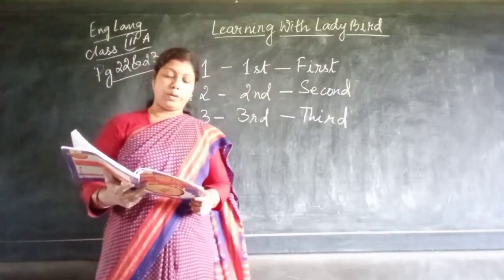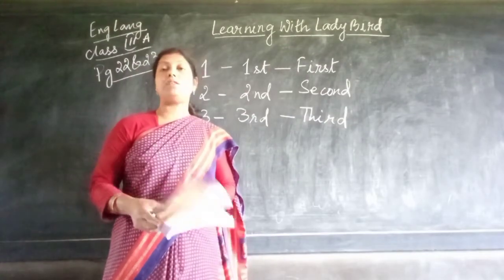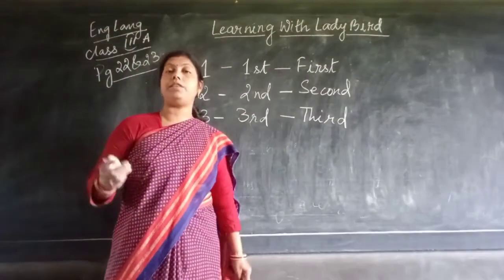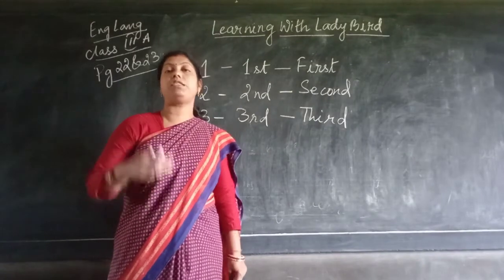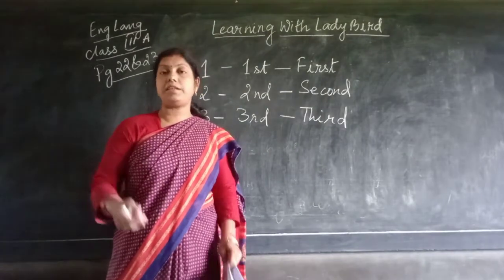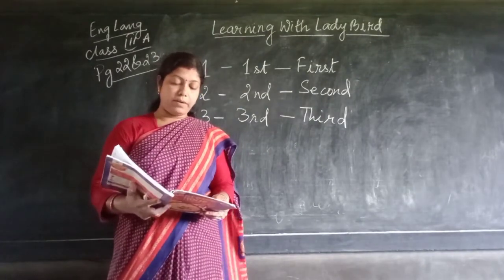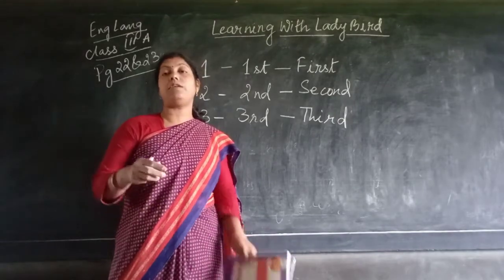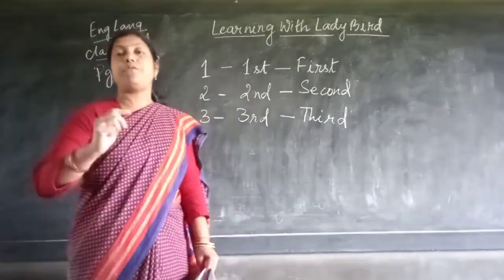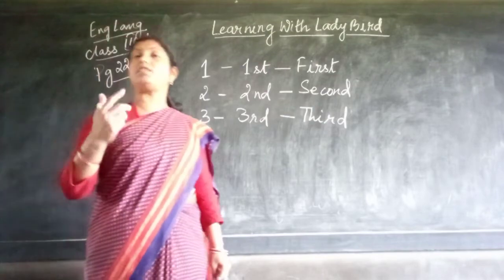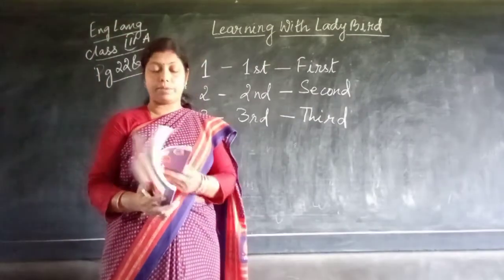Today is my 7th birthday. Today is your 8th birthday. Today is my 5th birthday. Today is my 10th birthday. You can say it in this way. Or September is the 9th month of the year. January is the 1st month of the year. February is the 2nd month of the year. In this way also we use ordinal numbers.